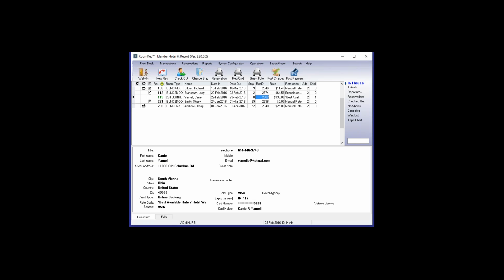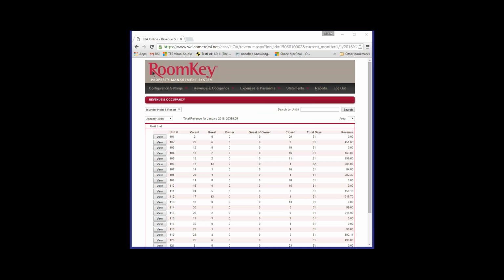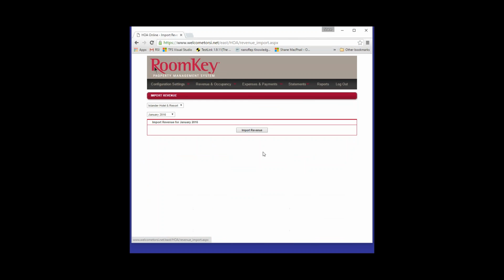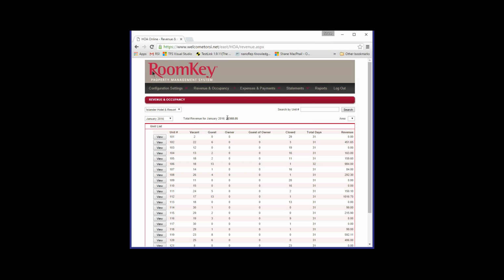Okay, so what I had just done in owner accounting, I'm going to zip back there for a moment. I went to revenue occupancy, clicked on revenue import, and I imported the revenue for the month of January and brought it in. And now I'm doing my double check in room key to make sure that the amounts are matching. So